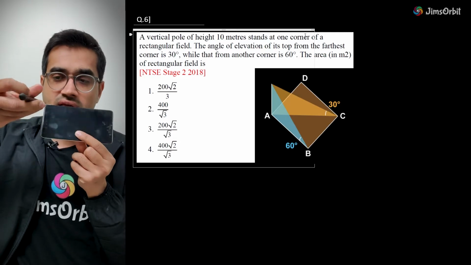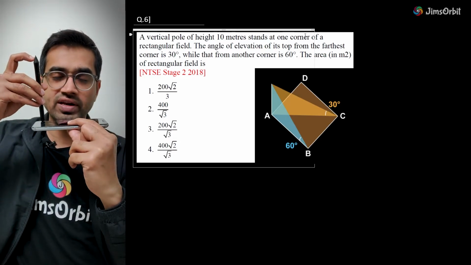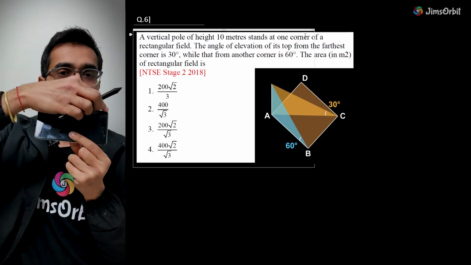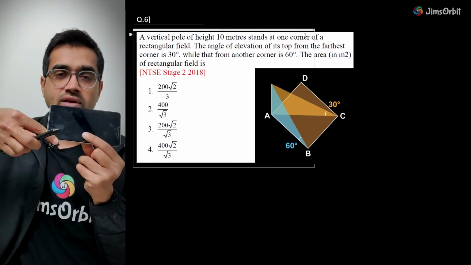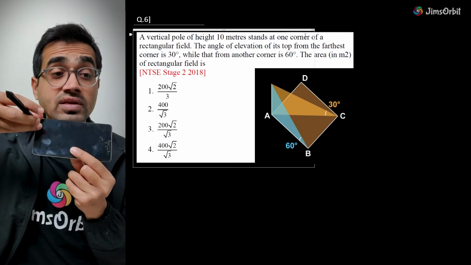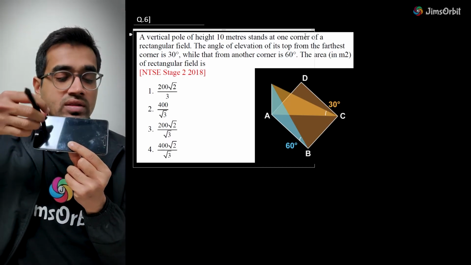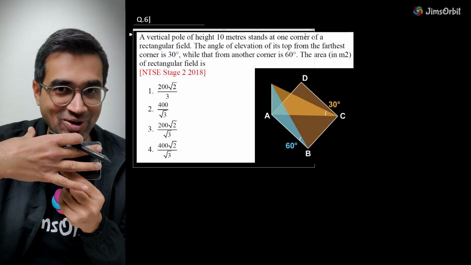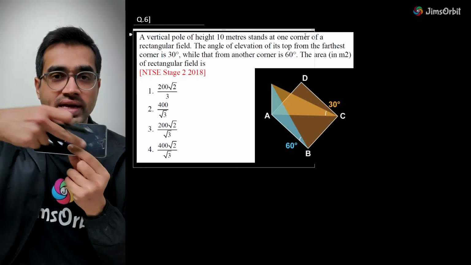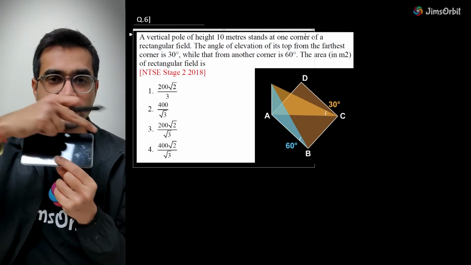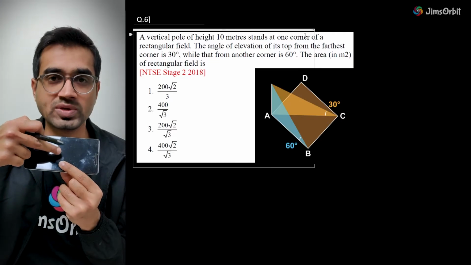Like this is the pole, okay? This is the field, this is the pole, top part. Someone is looking at it. Will you see from this point, this point, this point? Now, this is not the farthest corner. This is the smaller side. This seems to be farthest, but actually it is not. The farthest is the diagonal side because the diagonal is the longest length. By Pythagoras theorem, this length and this length squared give this length, so this must be the longest side.